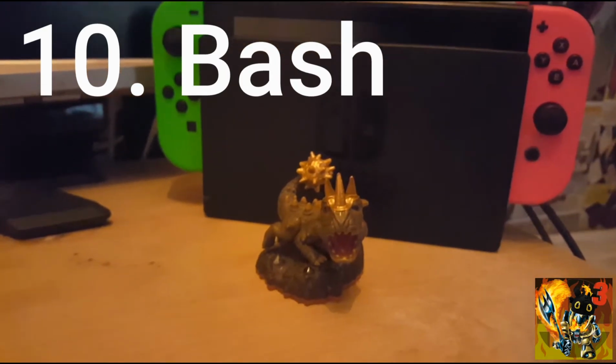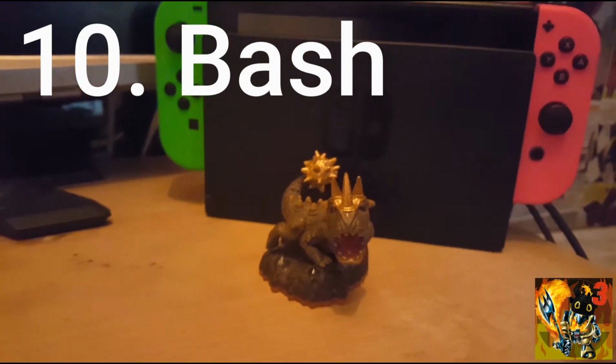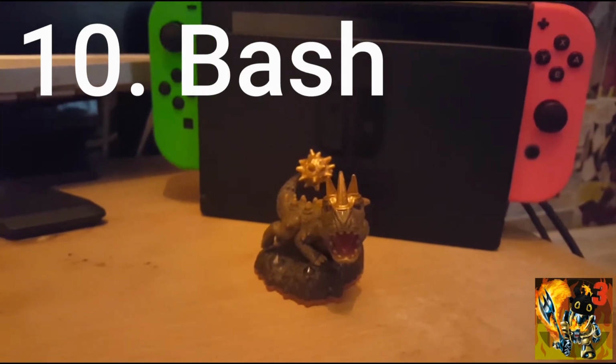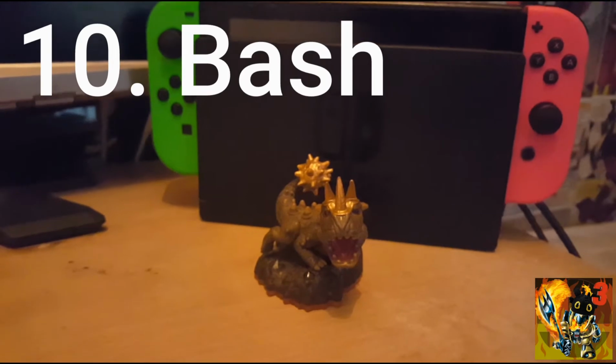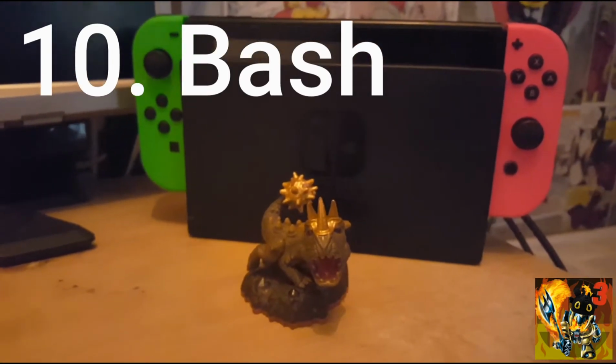therefore Bash can't really get any higher than number 10, but what ultimately gives him the edge over Wolfgang in the end is that come the end of his roll, you can utilise that WoW power ability to create a huge ground pound attack that's very good for huge clusters of enemies,